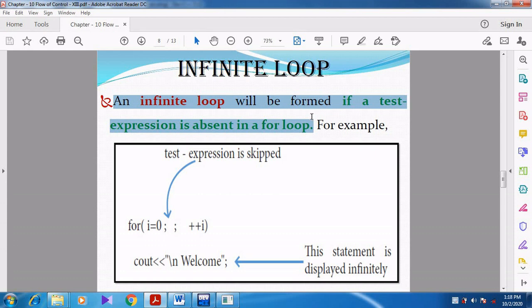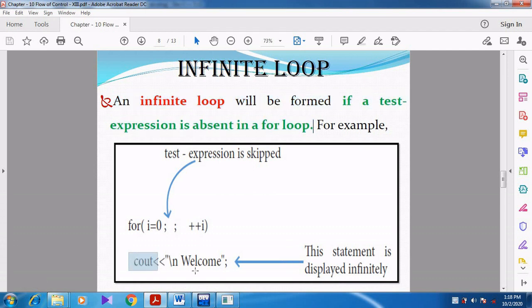You can see this example. Here the test expression is skipped. Initialization is done, they are giving the update expression also, but the condition is not given. They have skipped the test expression, but they have given the body of the loop.